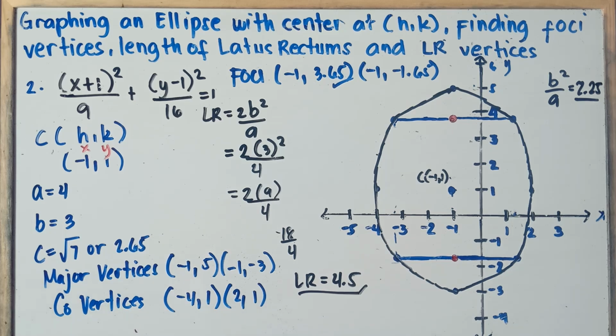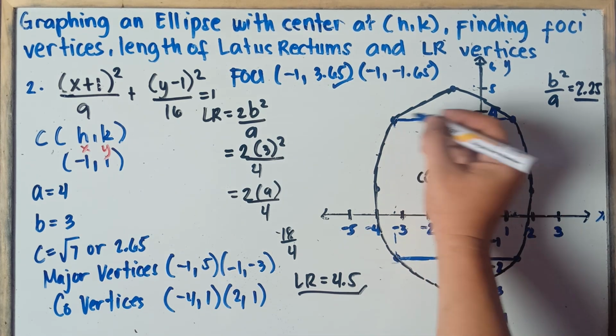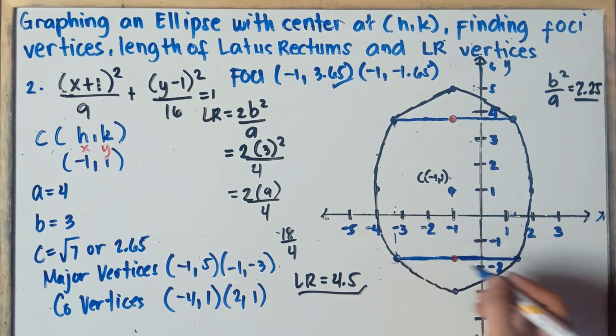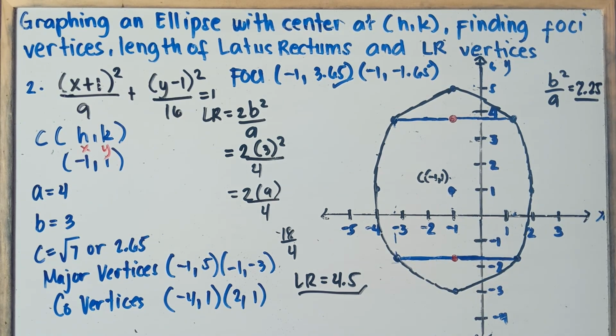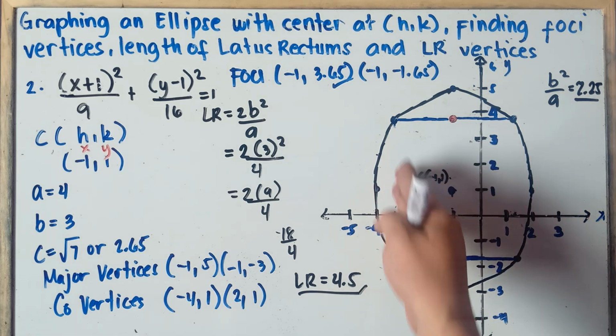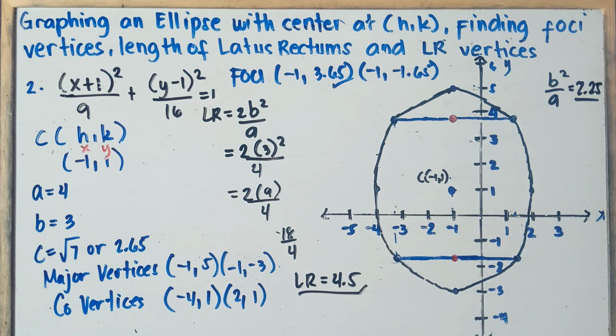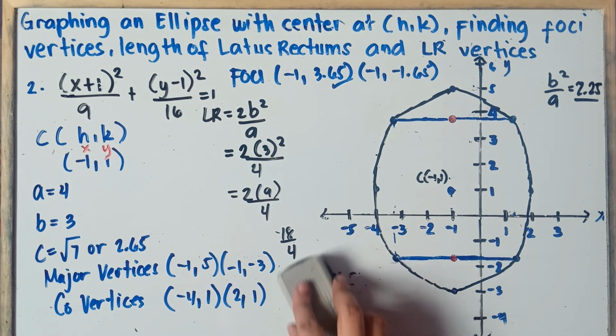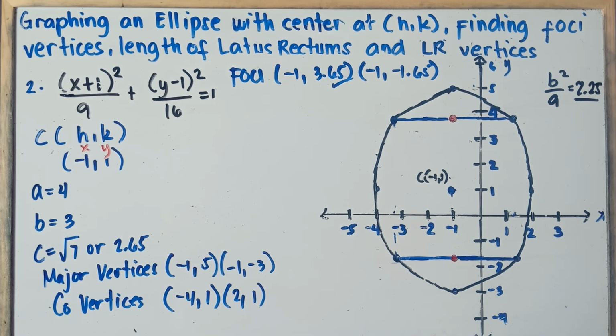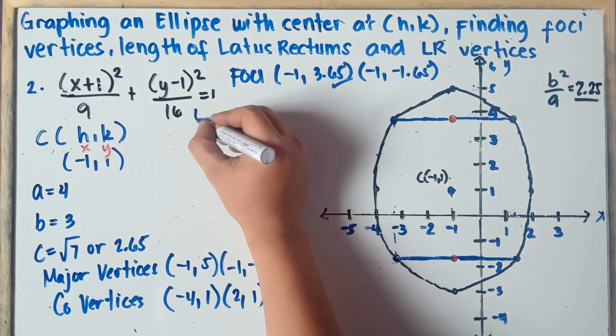So let's find, last one, class, the vertices for the latus rectum, and then we're all set. So let's do it manually, and then later on, let's have the equation, class. For me, I better do it manually because I can see, class, based on the given graph. So let's do it manually. Let me just erase this part. Alright, so let's find the latus rectum vertices, class. So once again, LR vertices.